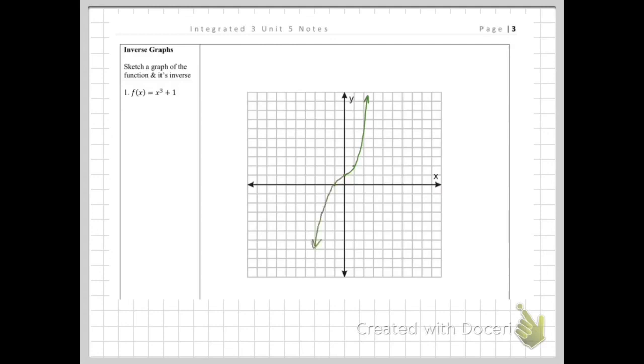To find the inverse, if you graph the line y equals x, so a straight line through 0, 0, with a slope of 1. Try to draw a straight line. And you imagine folding your paper on that straight line. Then what will happen is your x and y values will switch. So if f of x had the points -1, 0, 0, 1, 1, 2, then f inverse